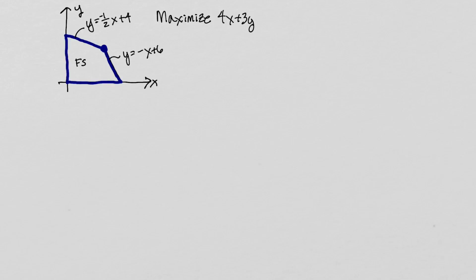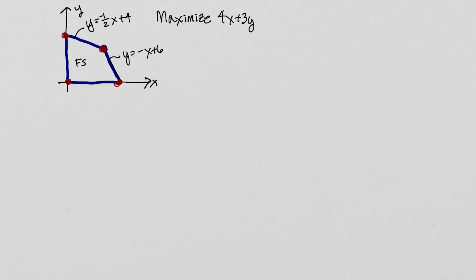This problem is number 3 in the textbook out of section 3.2, and it is similar to the homework problem 3.2 number 3. So we are asked to maximize this function 4x plus 3y, and to do so what we're going to need to do is find these corner points. This one here at the origin, this one up here, this where the two lines intersect, and this one down